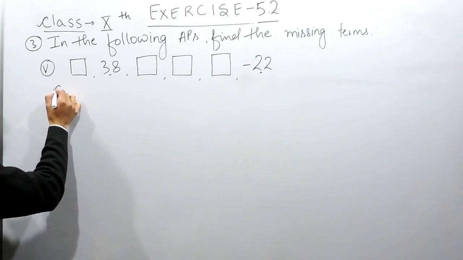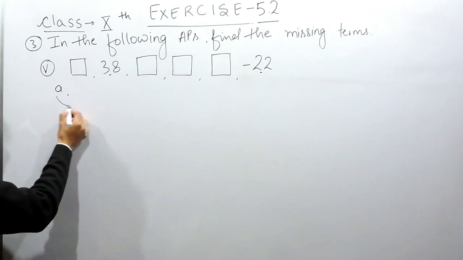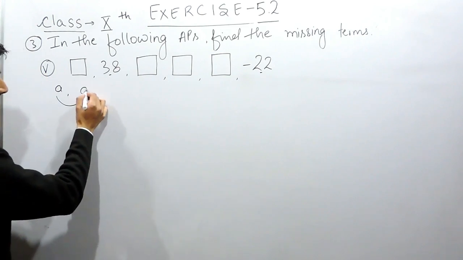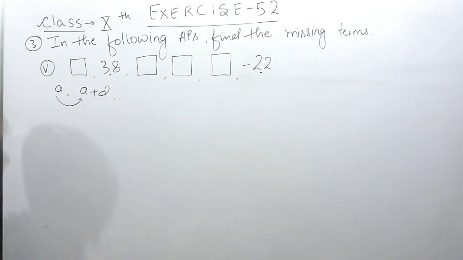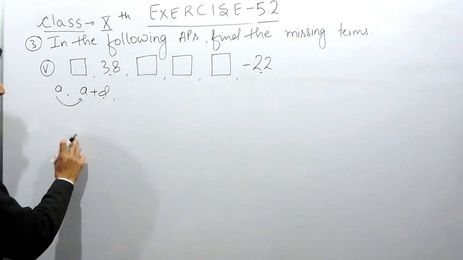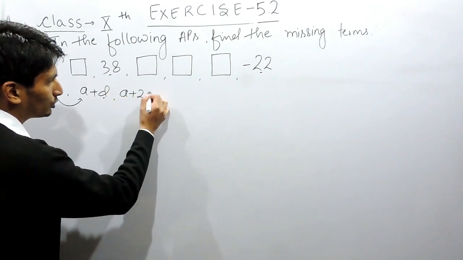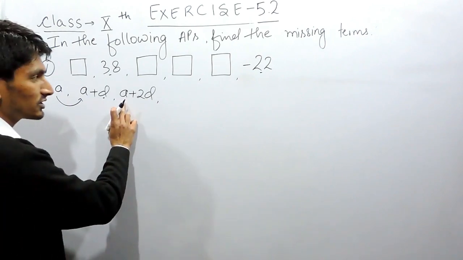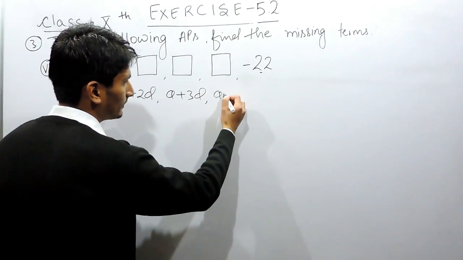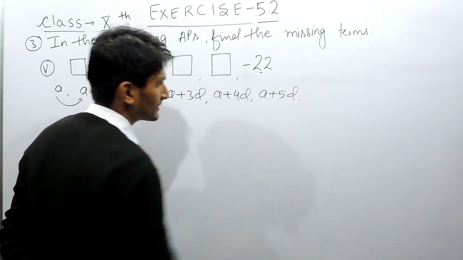And we know that if we want to form an AP, the first term is known as A, and after that you have to add a constant to this A to form this AP, and that constant which we have to add here is known as common difference, which is denoted as D. So I have added 1D to this, and if I want to form the third term, I have to add another D to this. So there will be 2D added to the first term. After that another D, this will be 4D, and the sixth term will be A plus 5D.